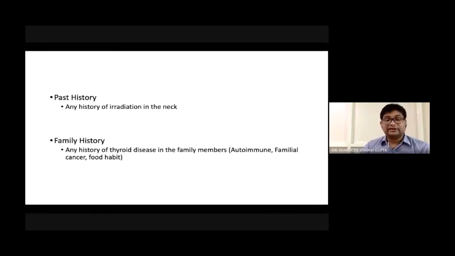So since medullary carcinoma is familial in nature, you must exclude a family history of similar swelling. And usually a family shares the same kind of food. Like in a hilly area or iodine deficient area, everyone will use the same type of salt. So if you suspect a colloid goiter and a similar type of diet, then there may be other family members having the same symptoms.